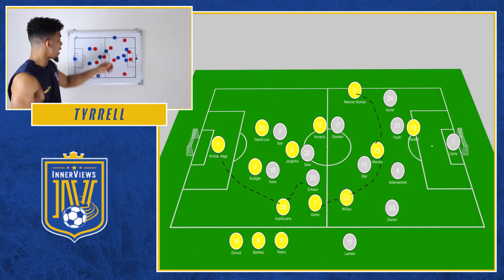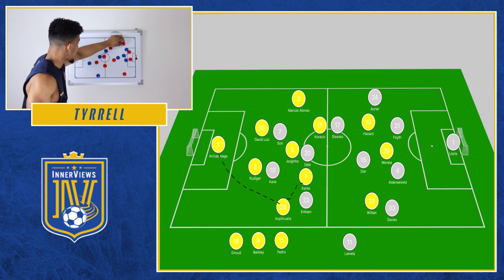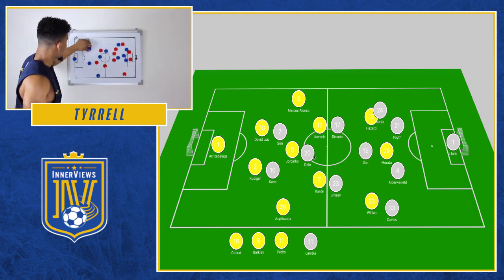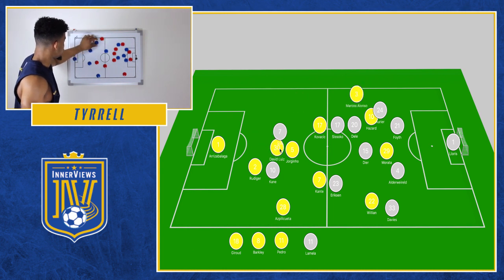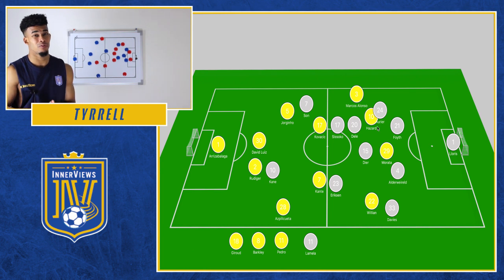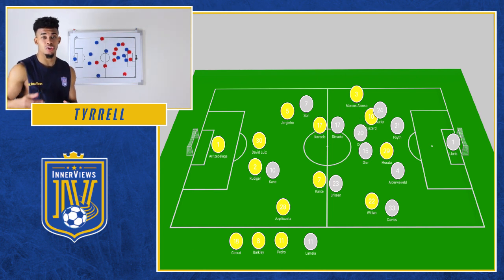Within a minute, you had Hazard being dispossessed down the left by Aurier. Ali picks up the ball, and Ali, what does he do? He instantly clips it out to Son, which leads to a race with Jorginho. You don't want Jorginho in these positions, and this was a big risk. Obviously, Chelsea are chasing the game, but Jorginho against Son, who is much faster and